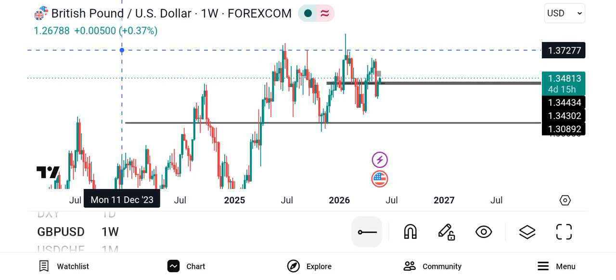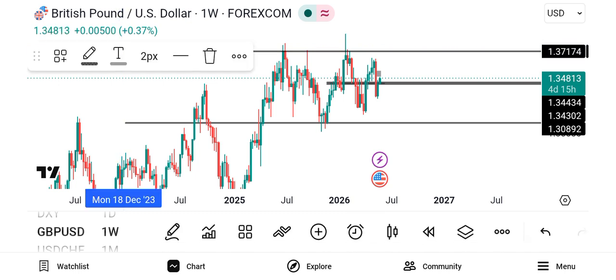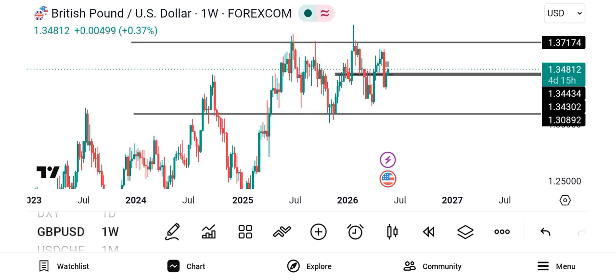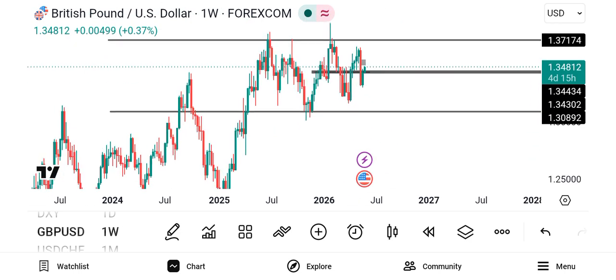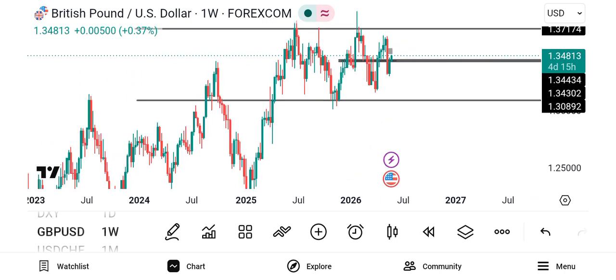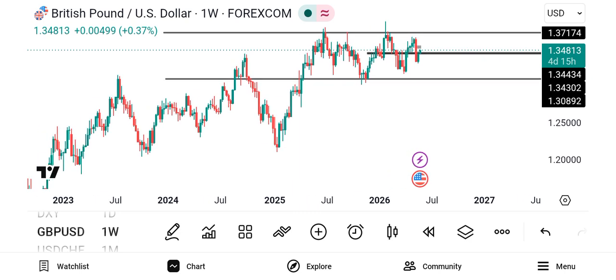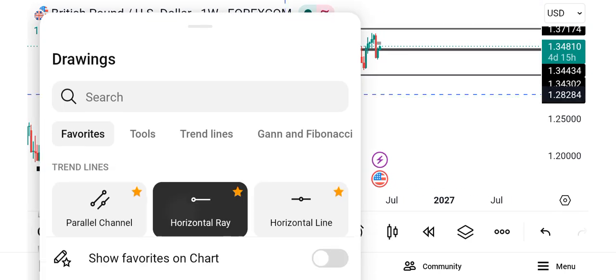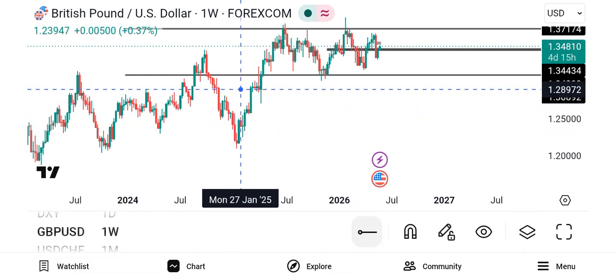We are still waiting to see whether the market is going to break up or break to the downside. If the market breaks to the upside, we'll come and reanalyze and know where the market is heading to. But if we break lower to the downside, we know that we have a lot of people to catch. First target should be somewhere here. Second target should be somewhere here.